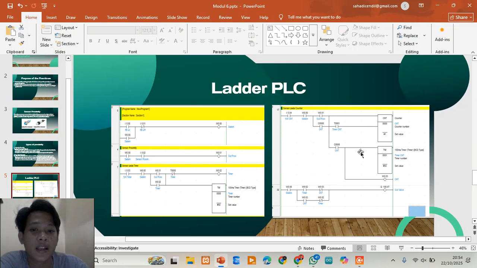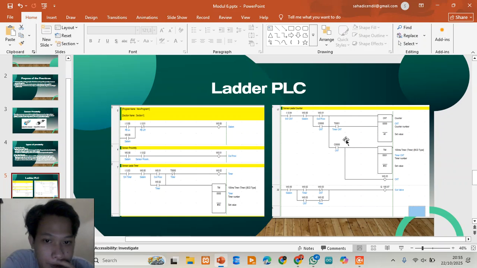The counter section is the core of the second ladder rung. The elements are the switch, CNT, and system, the output from the proximity sensor, counter C000, and timer CNT.